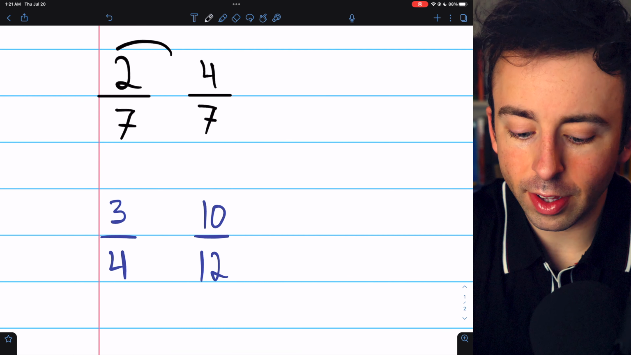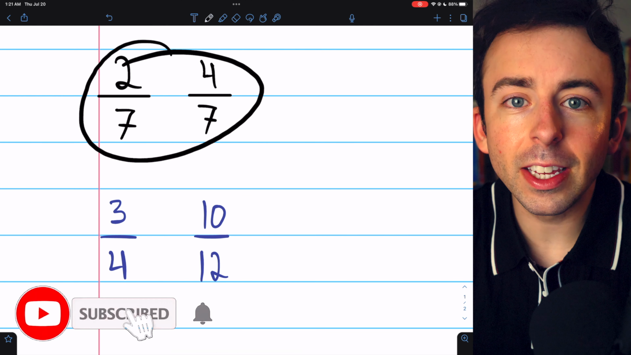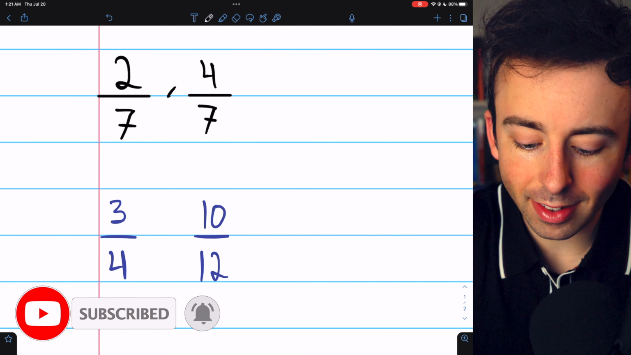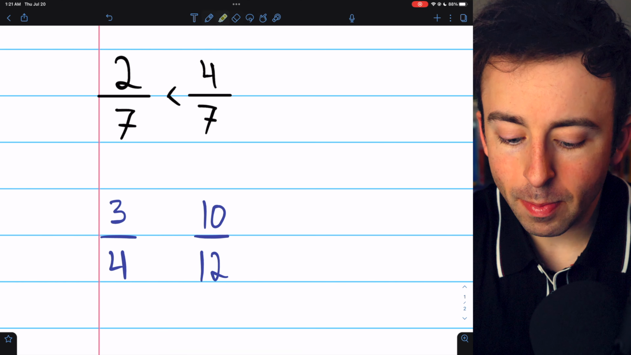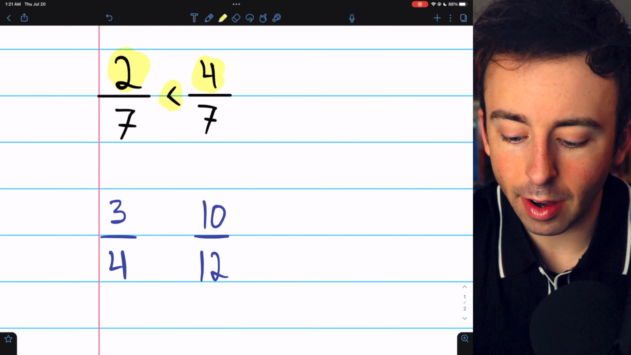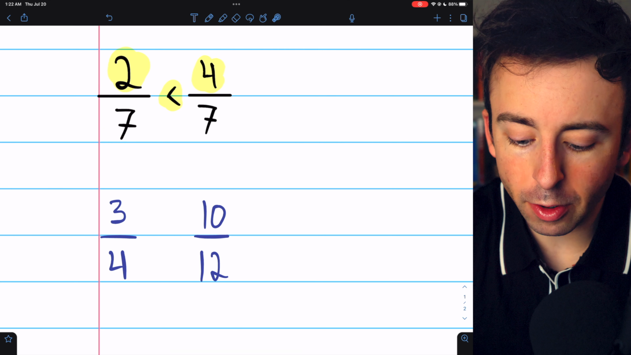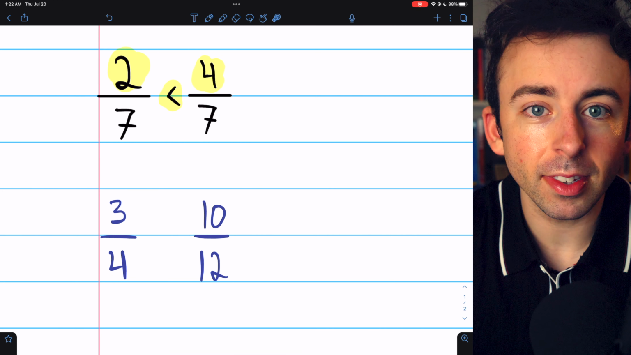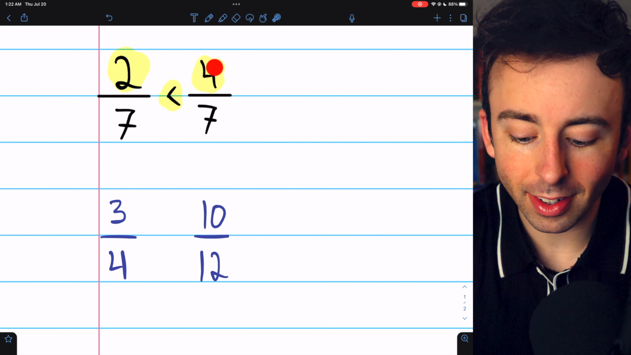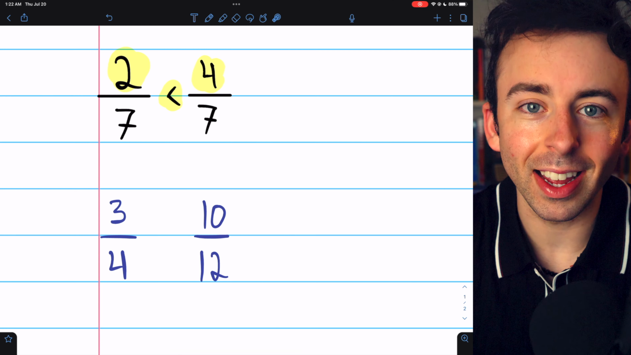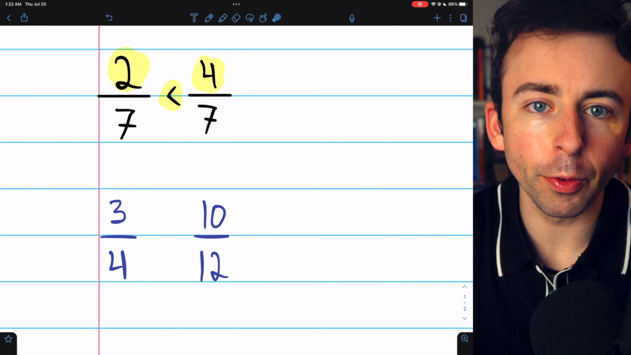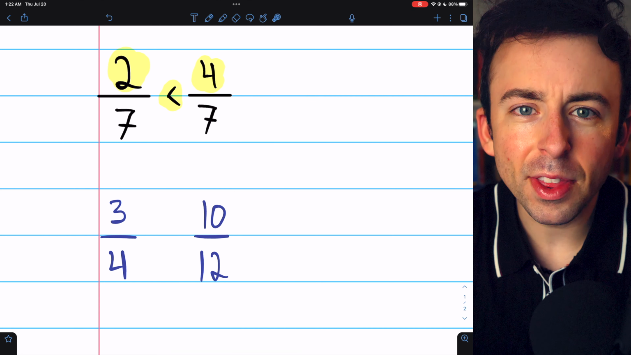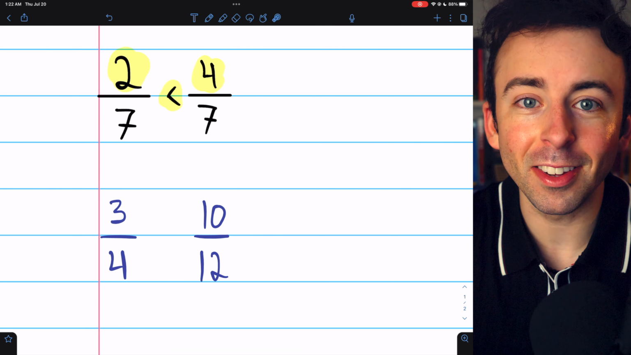If two fractions have the same denominator, then comparing them is really easy. Certainly 2/7 is less than 4/7 because 2 is less than 4. Because the denominators are the same, it's like we're comparing slices of the same size, and having 4 slices is more than 2 slices. But if we have different denominators, like 3/4 and 10/12, then we are comparing slices of